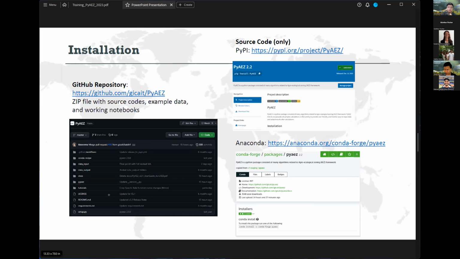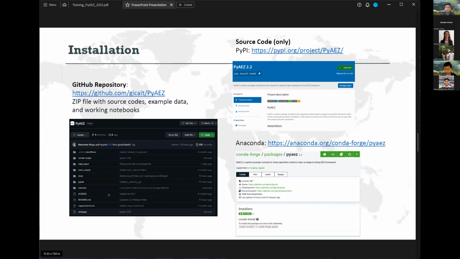And now onto the PyAEZ package. You can download and install it in several ways. For a beginner, or someone who never had experience using our package before, I would suggest going to our GitHub repository, where you can download a zip file.